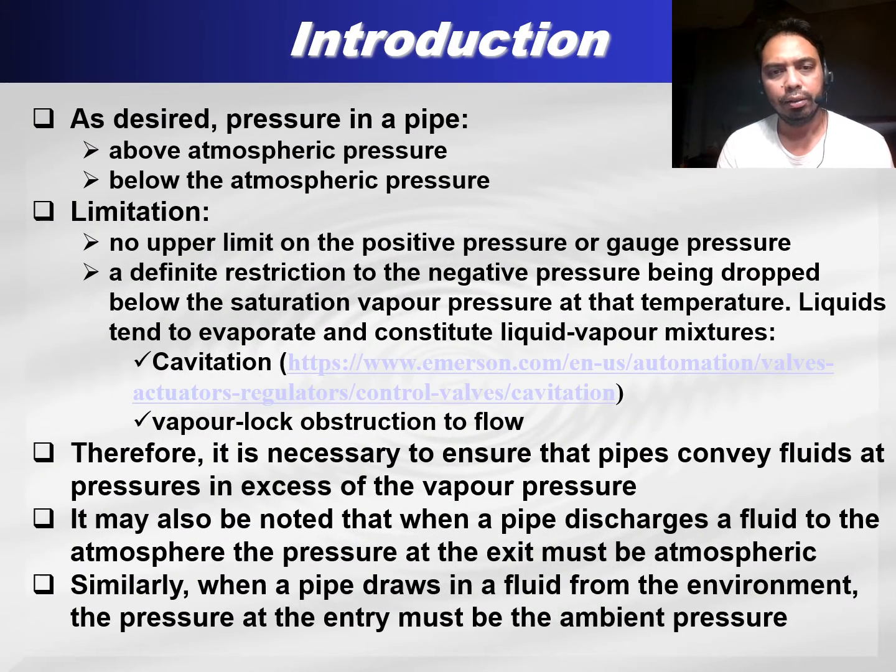So as desired, the pressure in a pipe can be above atmospheric pressure or below the atmospheric pressure. There are limitations to the applied pressures in the pipe flow. Of course, for the upper limit, there is no limit. It's only limited by the strength of the pipe material that can hold the pressures, that can hold the fluid flow inside the pipe. However, there is a definite restriction to the negative pressures